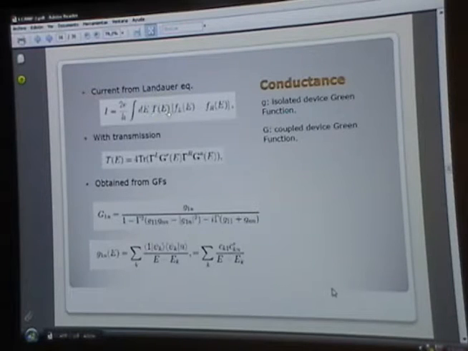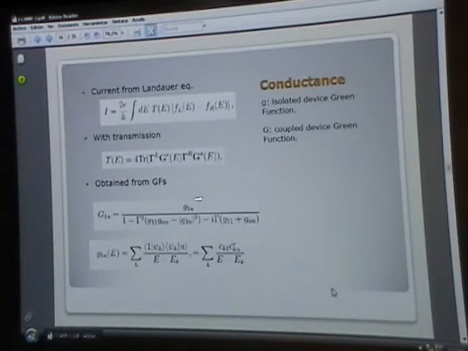For this equation, the important thing is to get this transmission. The transmission is obtained from Green's function, advanced and retarded, and these gamma functions, which represent the connections between the isolated device with the leads. These Green functions,